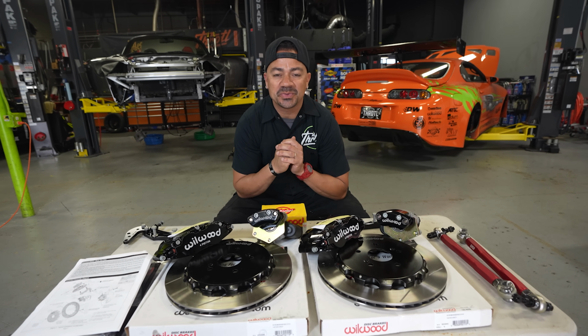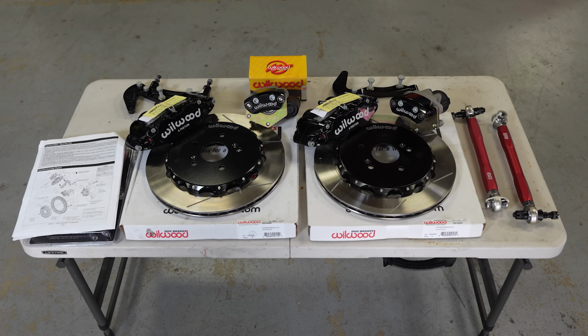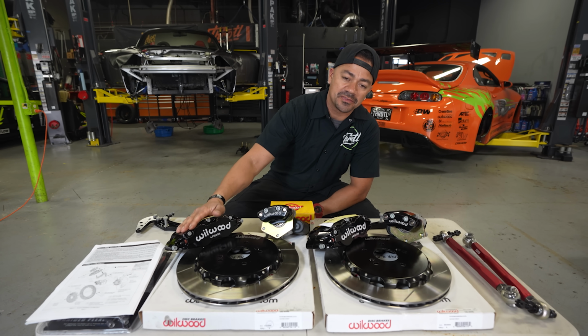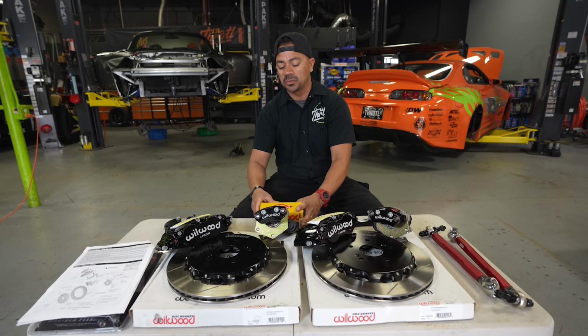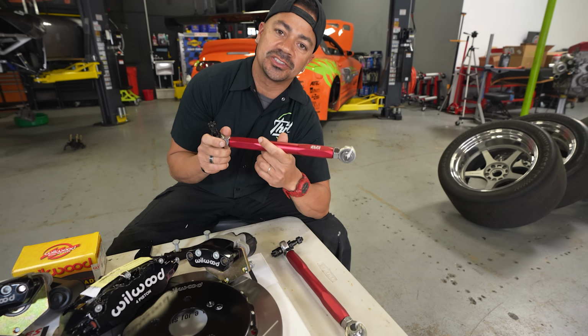Okay, so we are finally ready to install our rear brake system. This is everything I need to get the rear side done. We have our 2-piece rotor, which Mickey was kind enough to put together for me, where I got everything else done. Right above that, we have our 4-piston caliper, and this is our electronic parking brake. This is just an adapter, Wilwood brake pads, and right over here is our EBS tuning rear tow arm, which